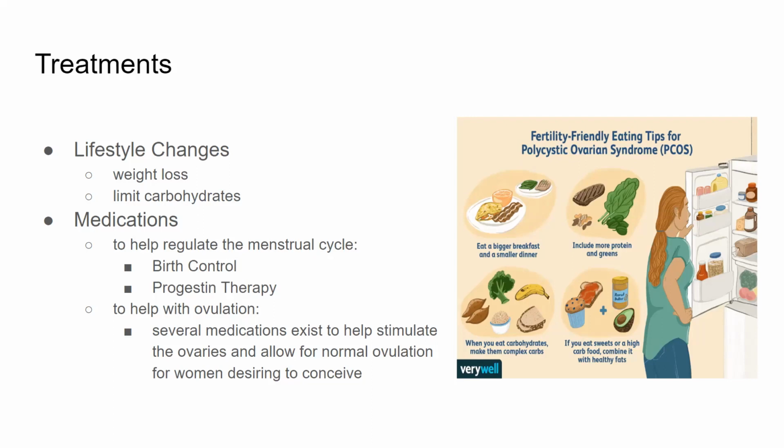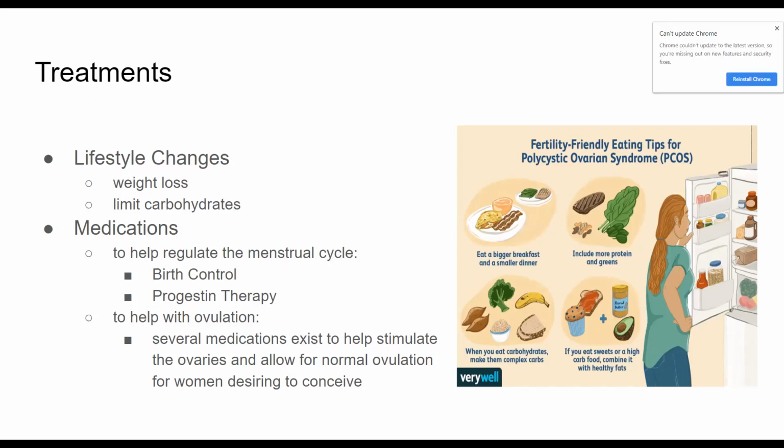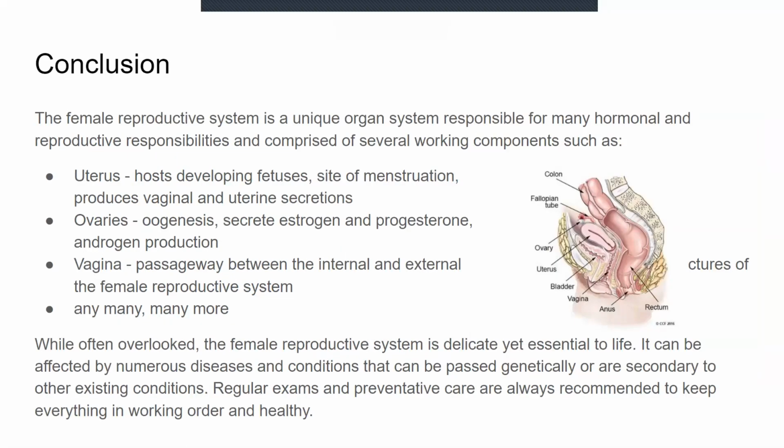And then to help with ovulation, there are several medications that exist to help stimulate the ovaries and allow for normal ovulation for women desiring to conceive, because it is possible for women with polycystic ovary syndrome to still get pregnant. And then in conclusion,